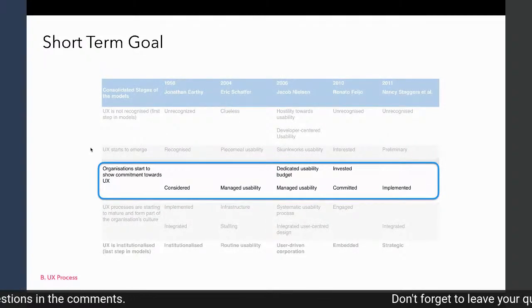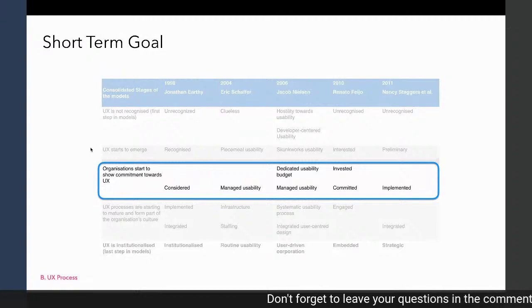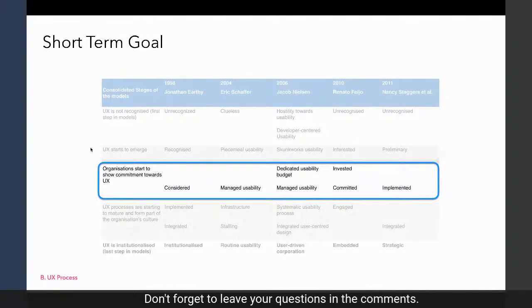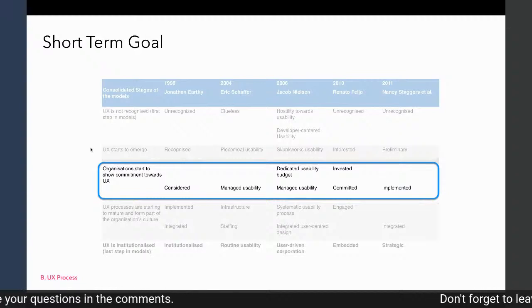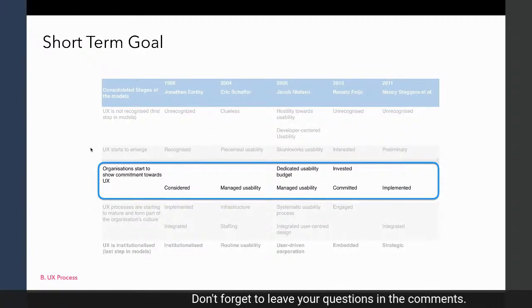How you'll be able to do that is to conduct workshops or talks, do brown bag sessions with other teams, and encourage and educate more people to do UX, and eventually I hope the organization will support you.